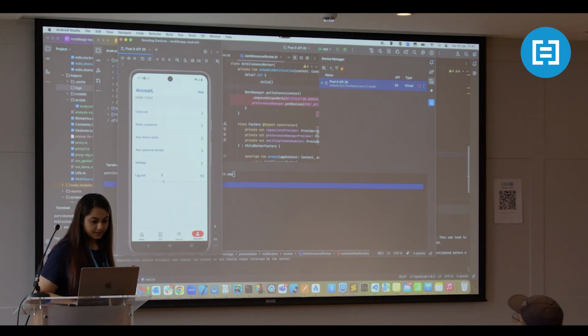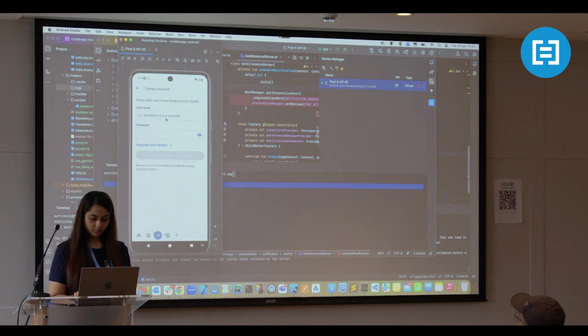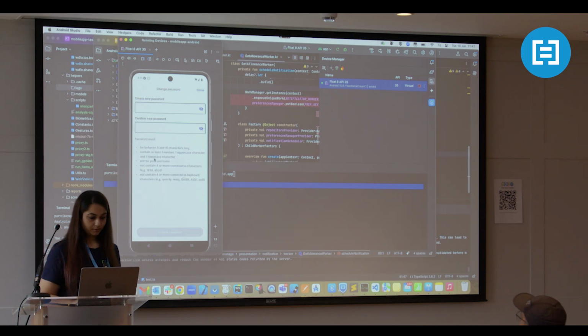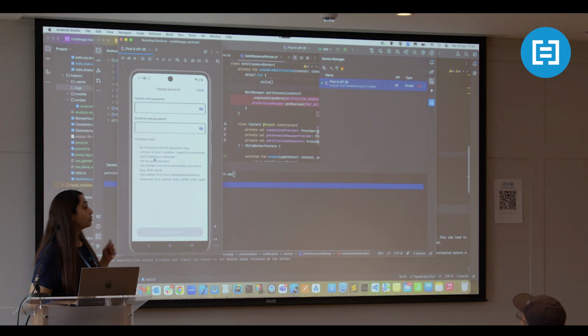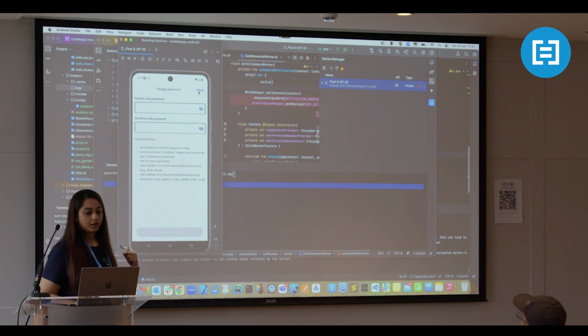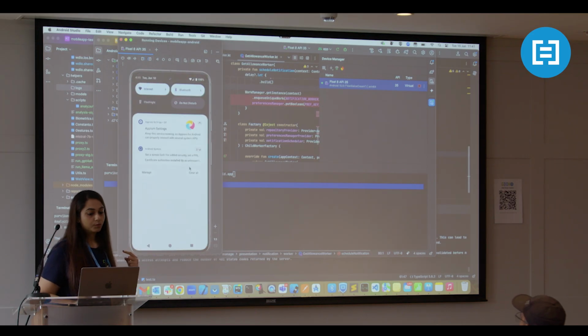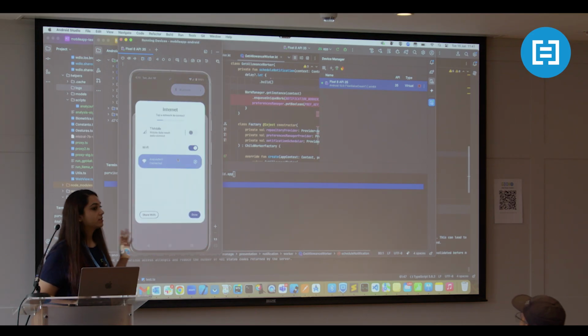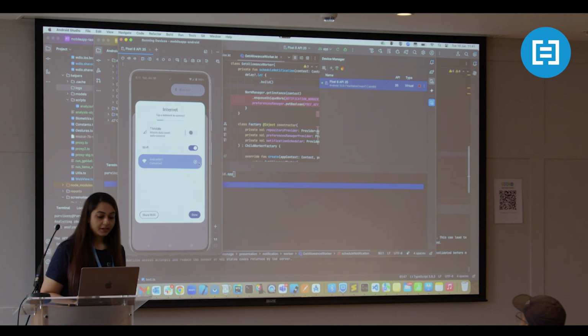The actual part starts here, where I go to the settings and I want to change my password. And I'm entering a correct password. At this point, it lets me go ahead and change my password. But once I use the proxy setting, that is to set my proxy, I need to get the